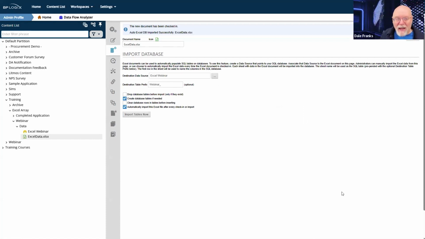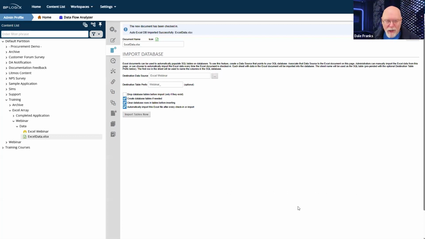But if this is the case, now I've got something a little more complicated happening. Now there's a second thing I've got to think of. What I would normally do is just say, okay, well, if I can't drop the table, I'll just clear the database rows. And under normal circumstances, that would be a great solution.